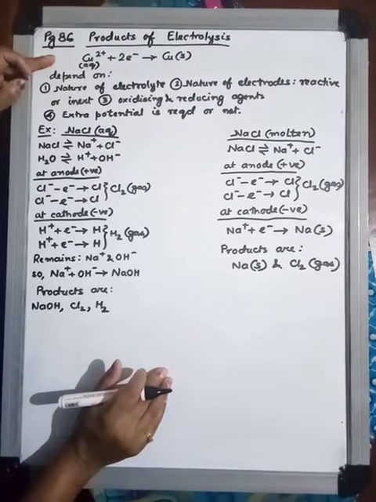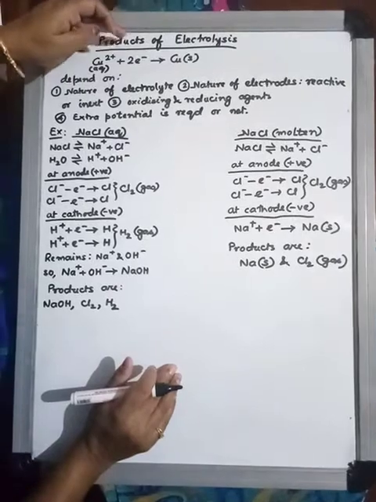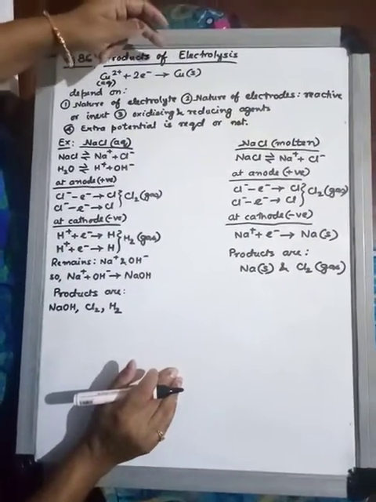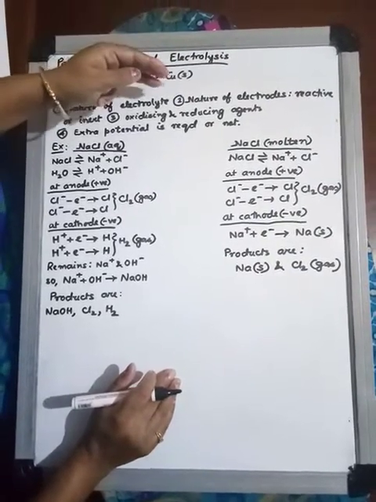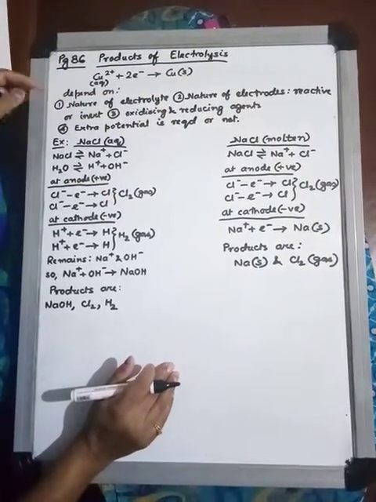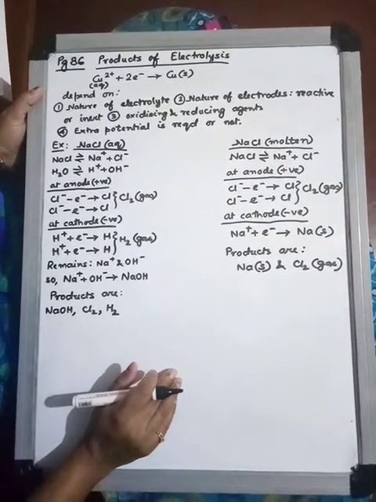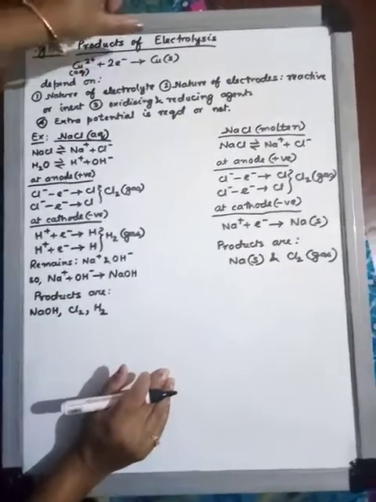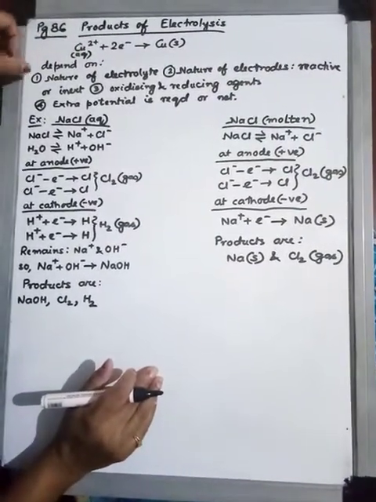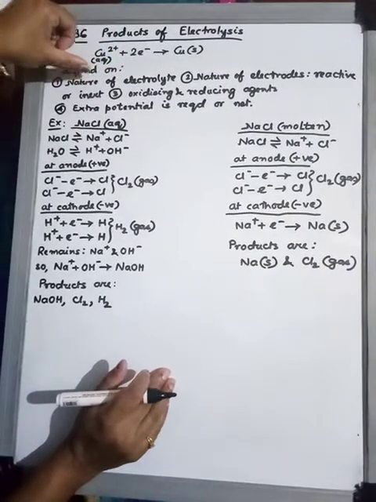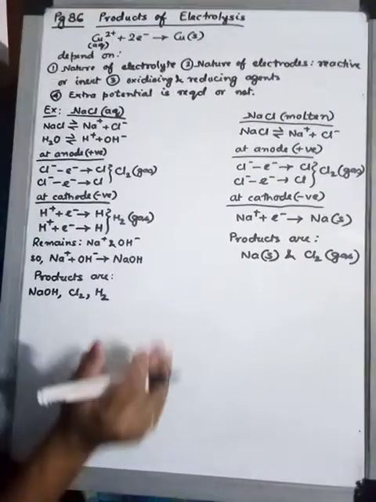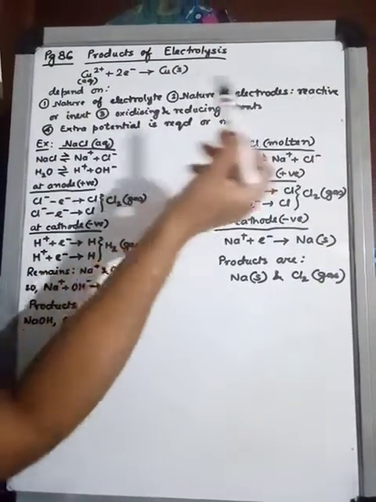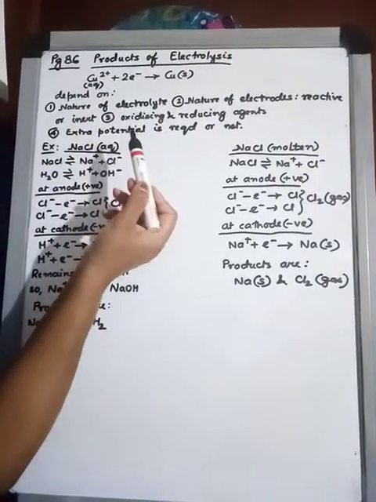Next we come to page 86, where we will learn now the products of electrolysis. In products of electrolysis, we have to understand the mechanism of electrolysis, and we have to see what we have to put in our electrolytic tank, electrodes and so on. So we see that the products of electrolysis depend on, number one, what you are taking as your electrolyte. That means the nature of your electrolyte. It also depends on the nature of your electrodes. The electrodes might either be reactive or inert. In that case, the products are different.